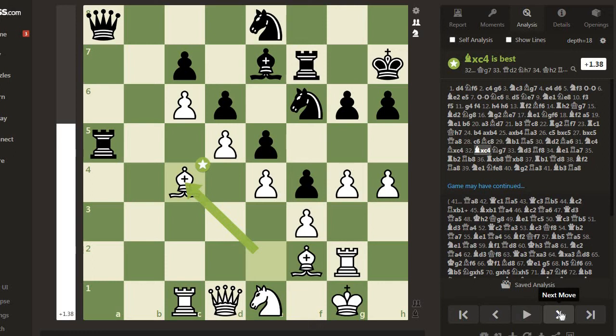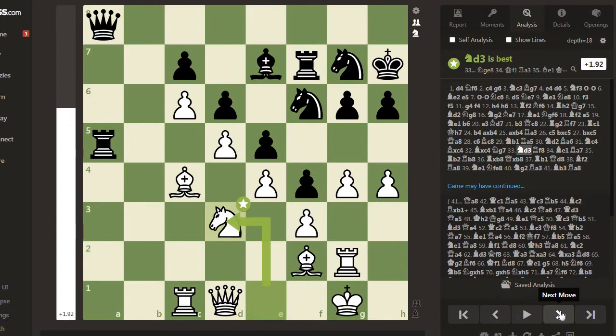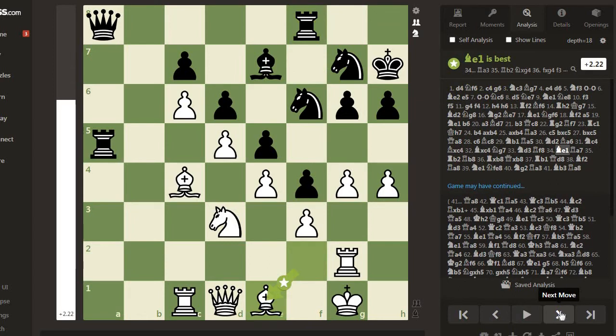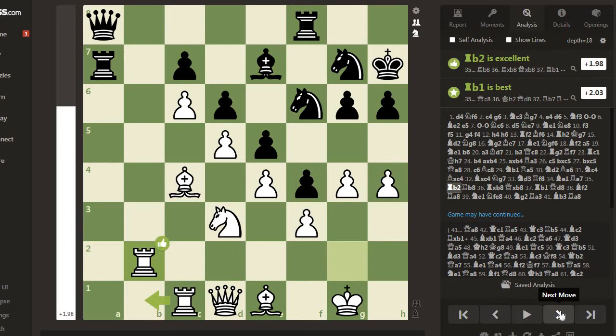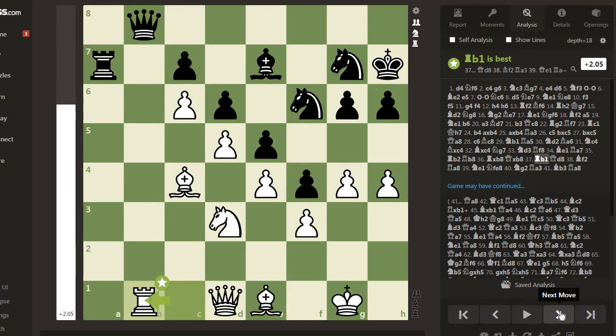This bishop will later infiltrate into Black's camp via the c8 square. Knight g7, knight d3, rook f8, bishop e1, rook a7, rook b2. The plan can be to play queen c2 and rook a2, exchanging material. Rook b8, rook takes b8, queen takes b8, rook b1, queen d8, bishop f2, gaining an important tempo to protect